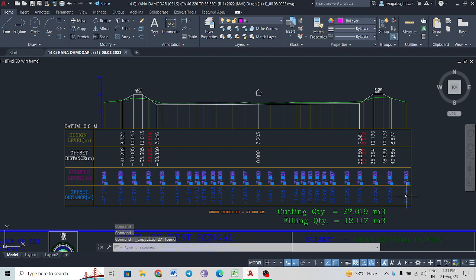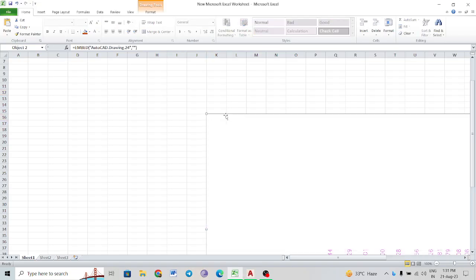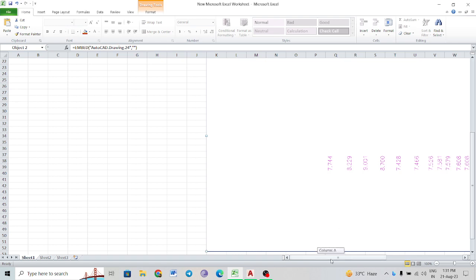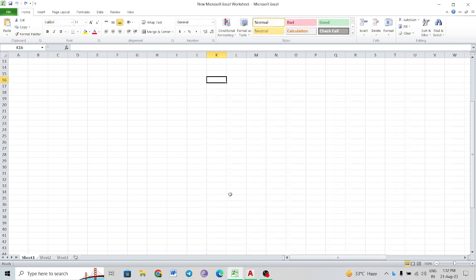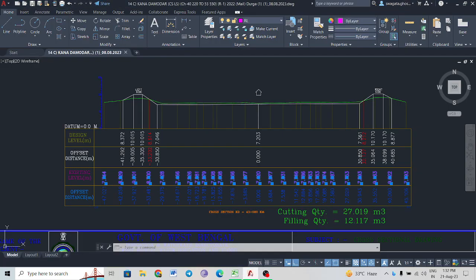Just copy it and paste it like this. So we don't want this type of pasting. We want proper cell by cell values. The values here will be accurately displayed in the various cells. So for that, I have to go to the AutoCAD file and